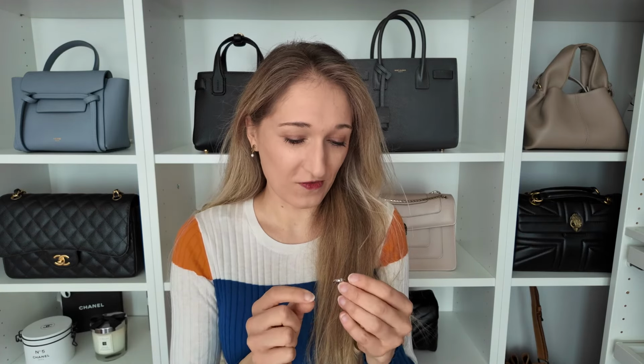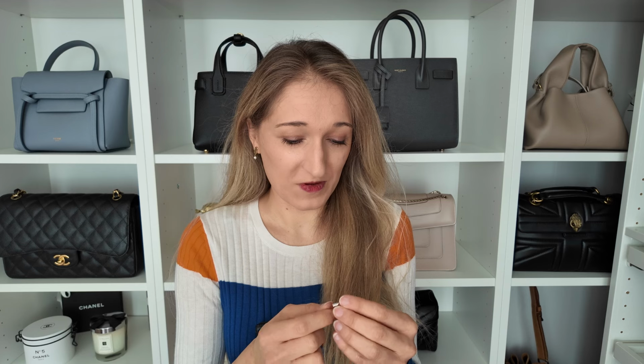It's actually missing a Strauss crystal, which gives me major PTSD from my Chanel earrings, because Chanel is notorious for those crystals falling out. I definitely need two hands to count the number of times I had to bring a pair of earrings back to Chanel and pay for them to replace one of the crystals. But anyway, I'm not overly impressed that a crystal is missing, but I'm kind